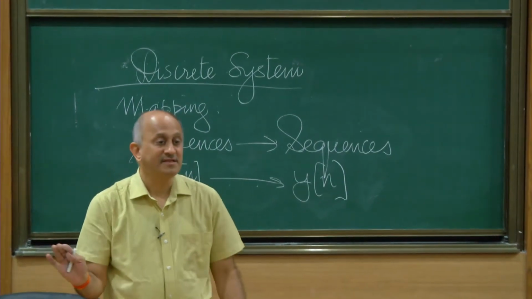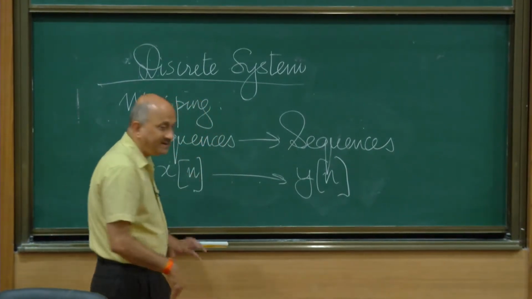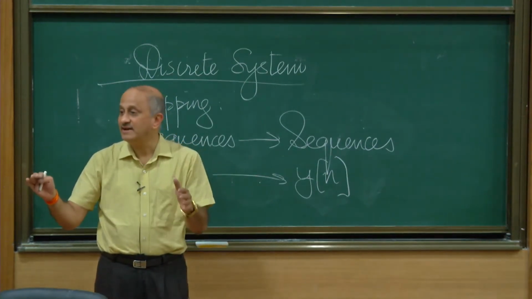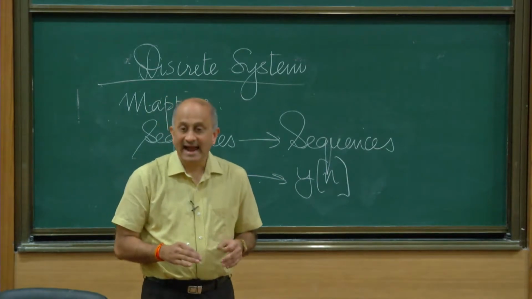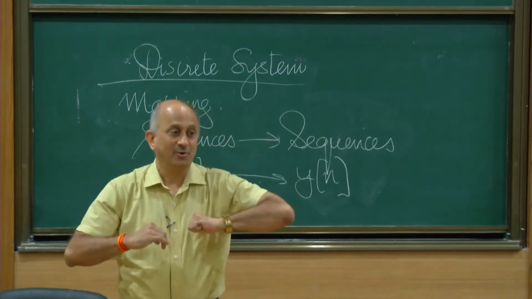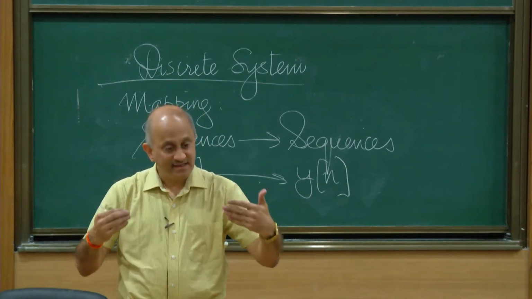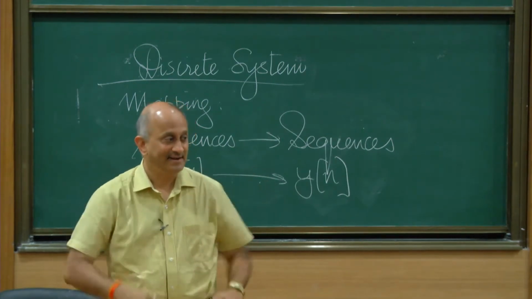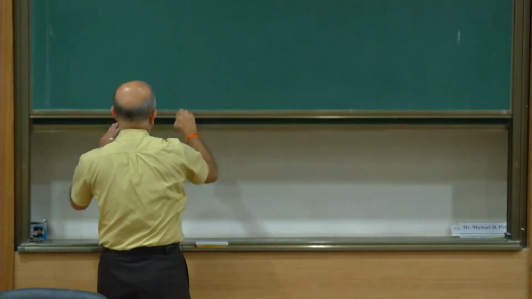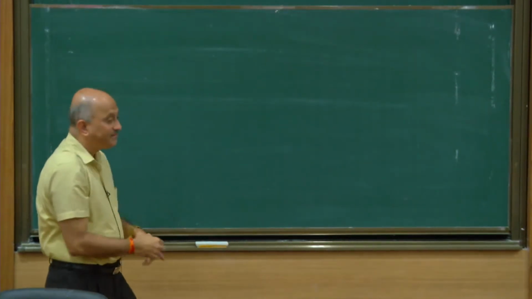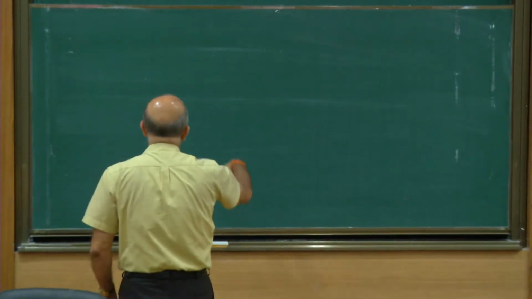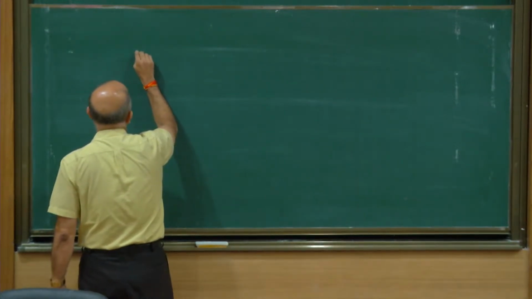But the most general class of systems treats x[n] together as a sequence for all n, and y[n] together as a sequence for all n, and then maps the sequence to the sequence. So the system is a mapping on the sequence. The sequence itself is a mapping. A system is a mapping on mappings. Is that right? A system is a mapping on mappings. So that's the thing. Now, building from there, let's take a couple of simple examples of systems that we encounter. Let's take the simple example of what we call a running average system.